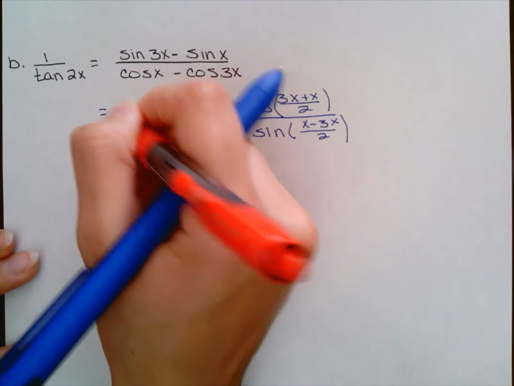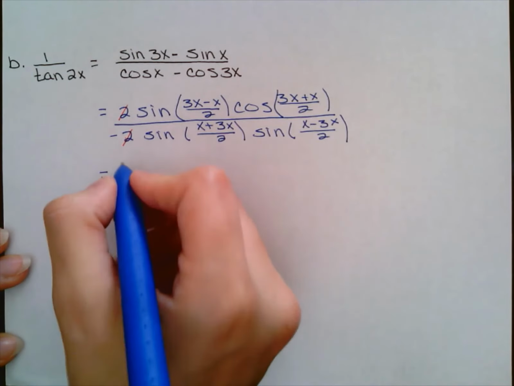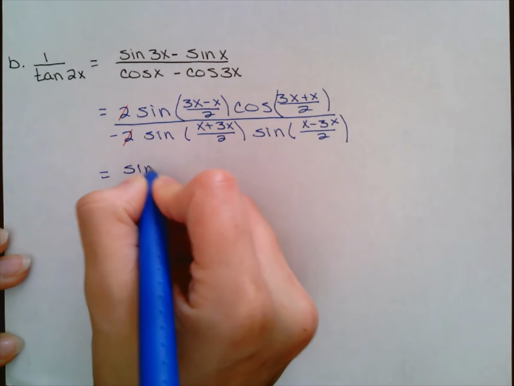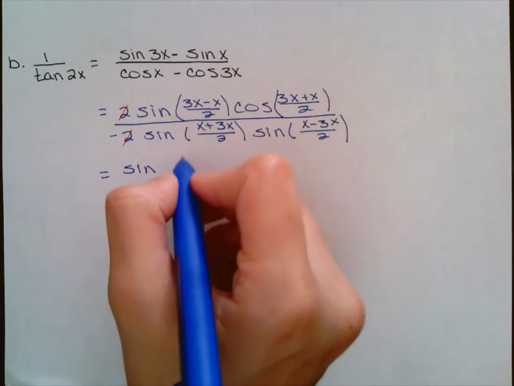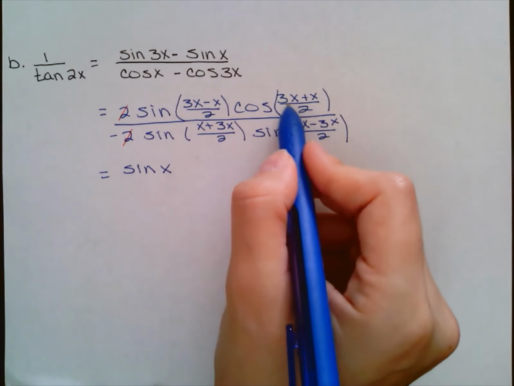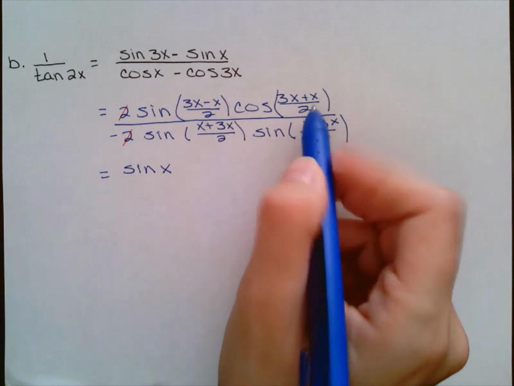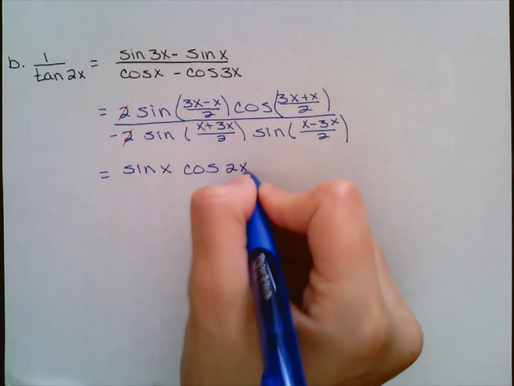We can do that. So I'm going to end up with sine 3x minus x is 2x, divided by 2 is just x. And then I have cosine of 3x plus x is 4x, divided by 2 is cosine of 2x